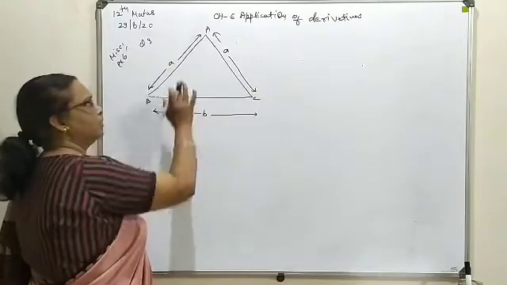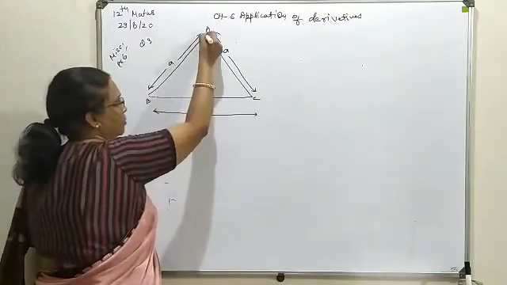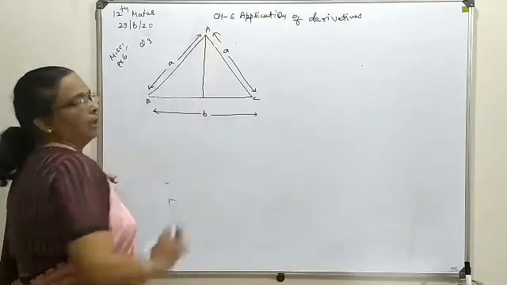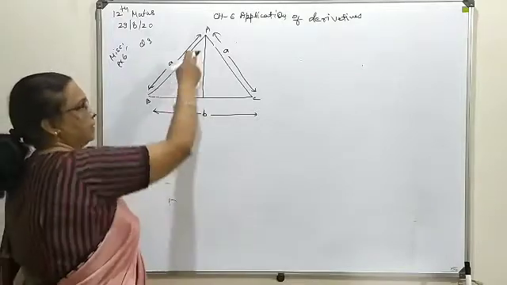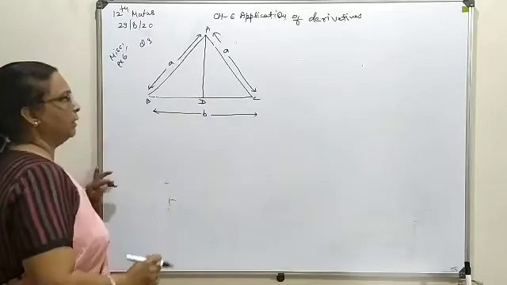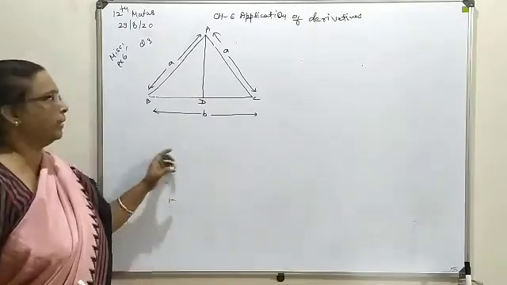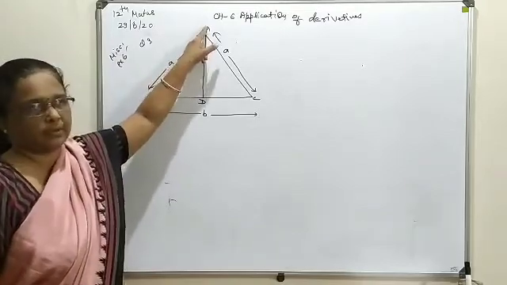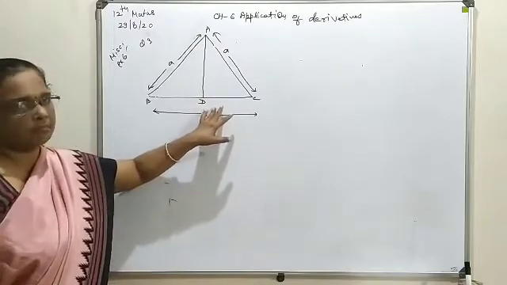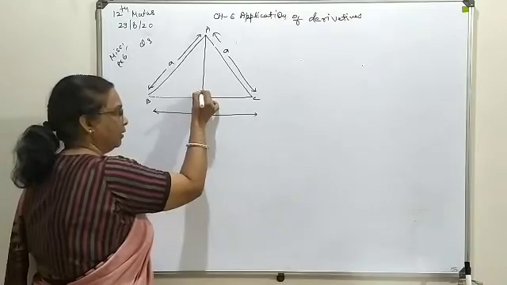As B is available, so we have taken it as A. Now here you have to work out the area. So obviously height will be required for an isosceles triangle. So let the altitude be drawn over here, and let this point of intersection be D. Normally you know it is the isosceles triangle property that the altitude drawn from the vertex opposite to the base is perpendicular to the base. So here it is 90 degrees.